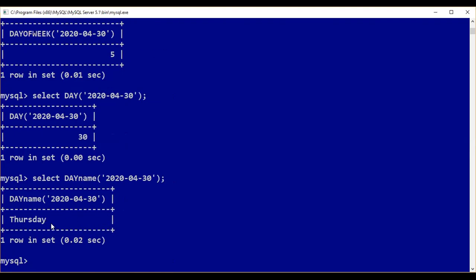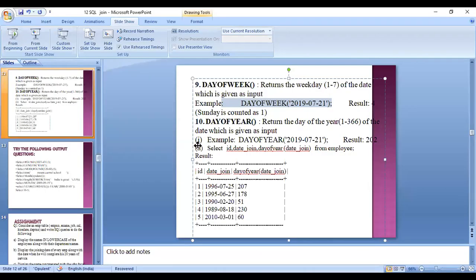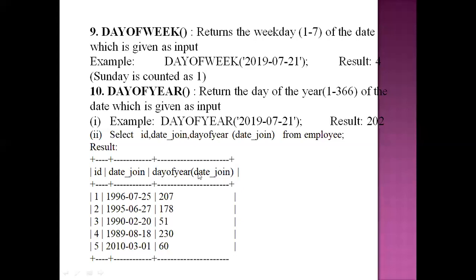So these small practicals you can do. These are not difficult. You can do them on your mobile, laptop, desktop. So day of year will display the year. Only the year will display, and see here, any year you can display.